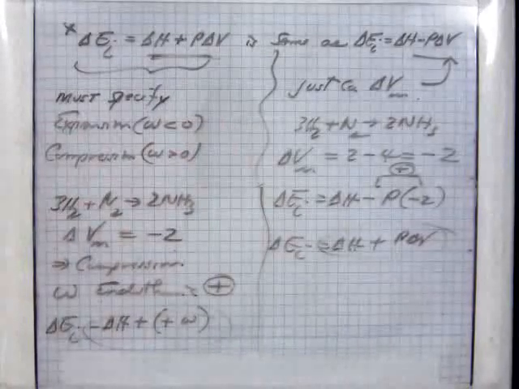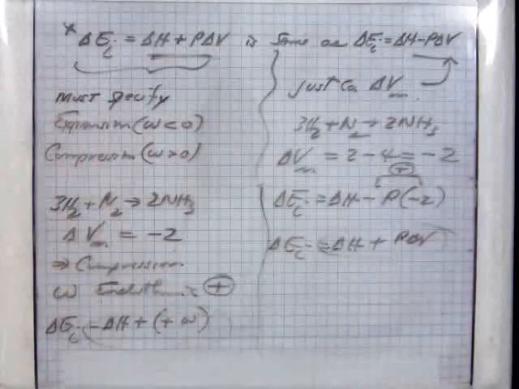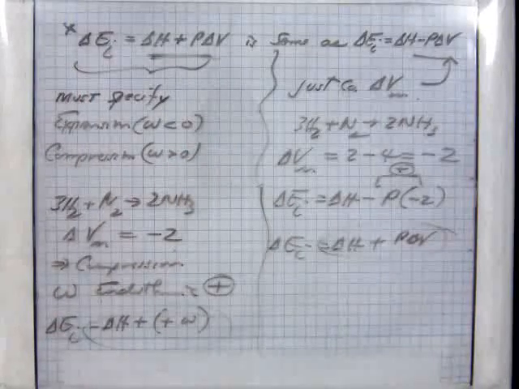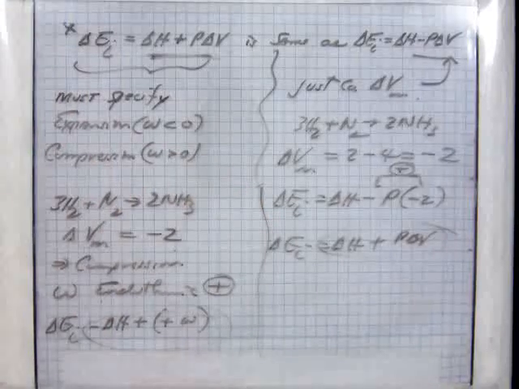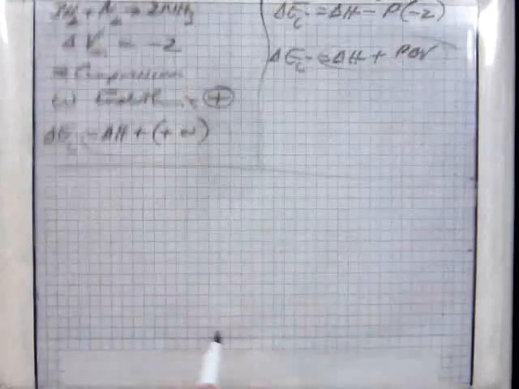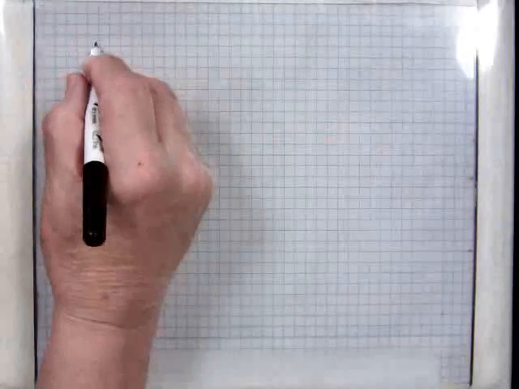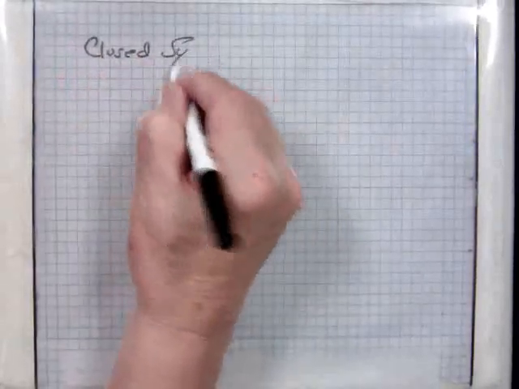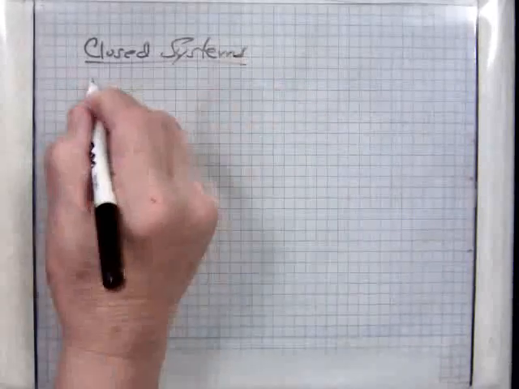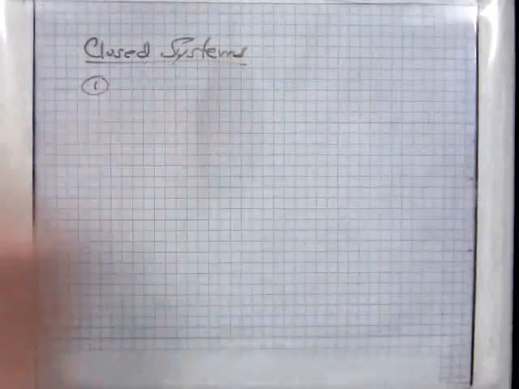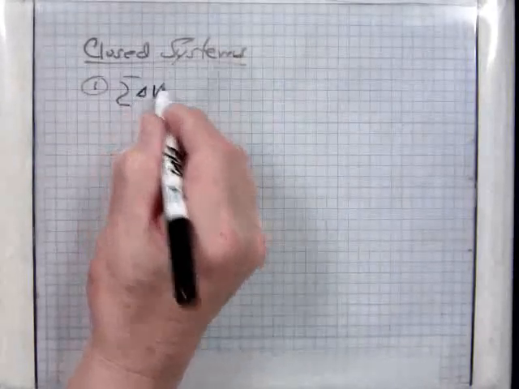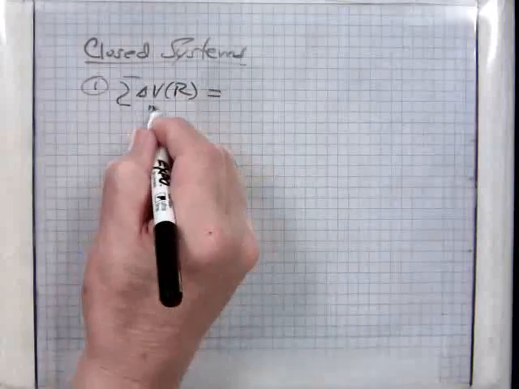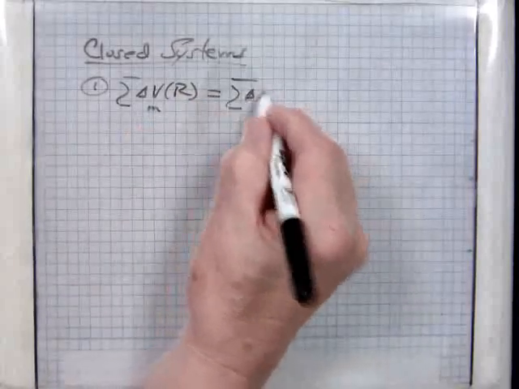Now, only one more thing I need to say about this, and that's your closed system. Everything I've done up to this point is a closed system, except what I've just presented, the open system. Let me show you what a closed system is and we're through. There are three closed systems. One is when the sum of the molar volumes of the reactants